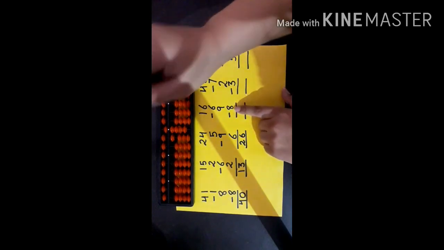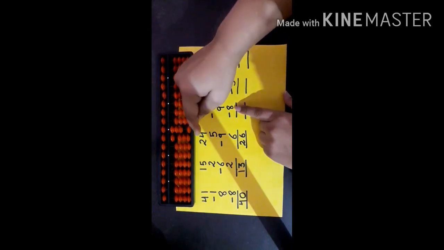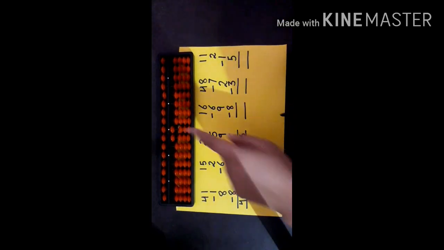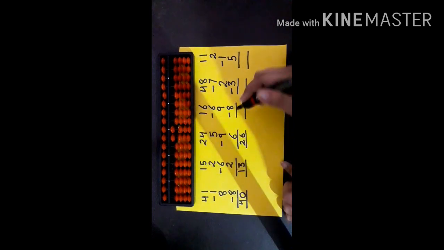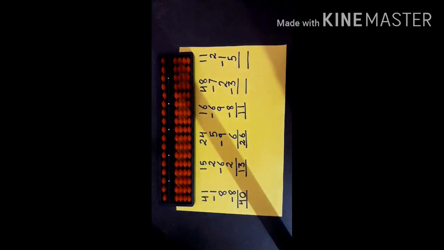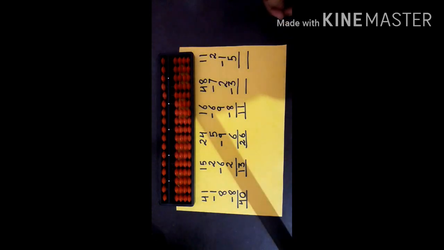Now minus 8. For 8 you have to use a 5 again. 5, 6, 7, 8. Now what is your answer? 1 in units rod, 1 in tens rod. The answer is 11. Students, when you do these sums from the abacus tool again and again, you can do it faster and your calculations will become fast. This is the power of the abacus tool. By using these beads and the abacus tool, you can do your calculations fast and accurately also.